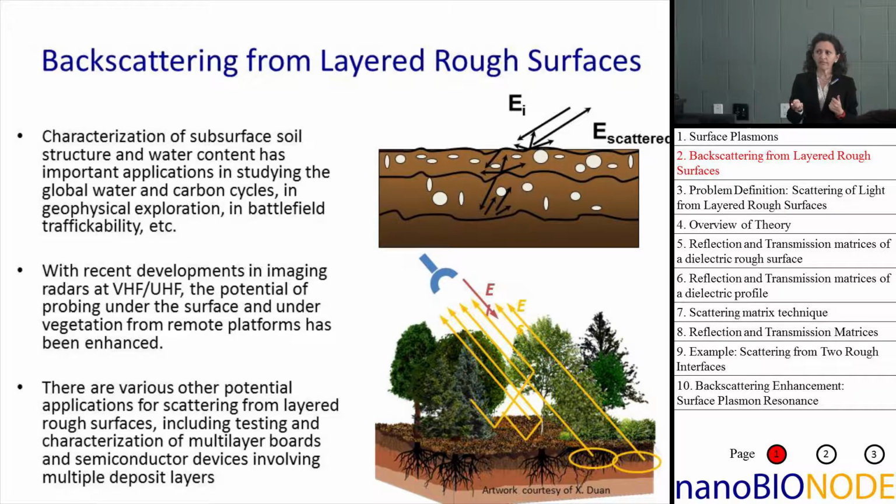Also there's a bunch of other applications, not just the remote sensing of the environment, but also things like circuit boards, multi-layer boards. Especially at higher frequencies, there's very small scale roughness that impacts the performance of these boards when you have multiple deposit layers, for example. So basically this is the type of problem we were solving,